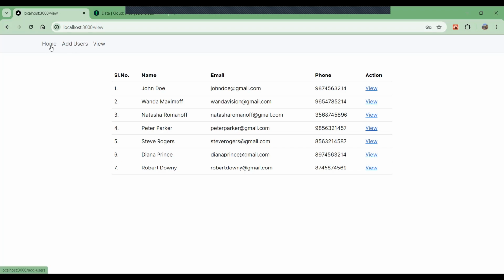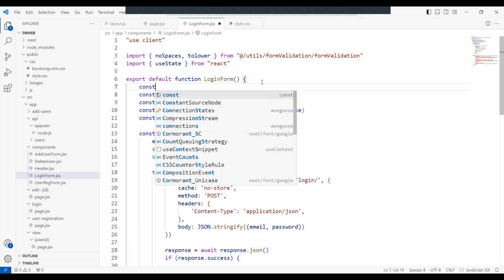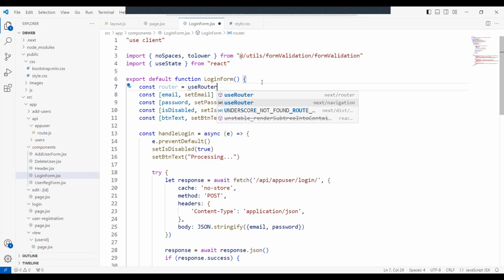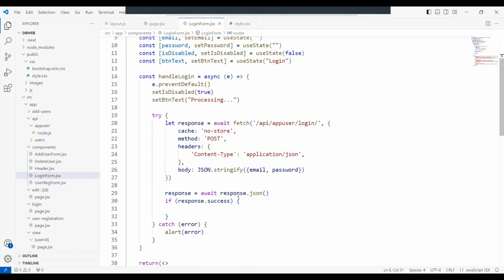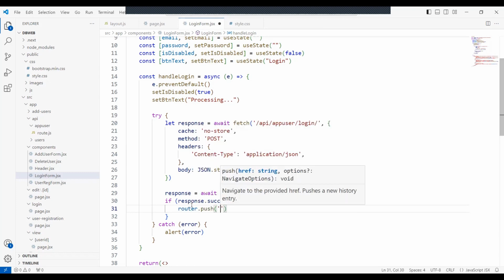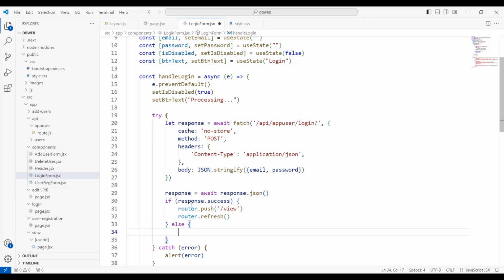So for that we'll use one more variable, const router is equals to, we'll use router from next navigation, and if it is successful then we'll redirect it. So router dot push view, and we'll refresh the router. So router dot refresh, and if it is false, response dot success is false, then we'll alert